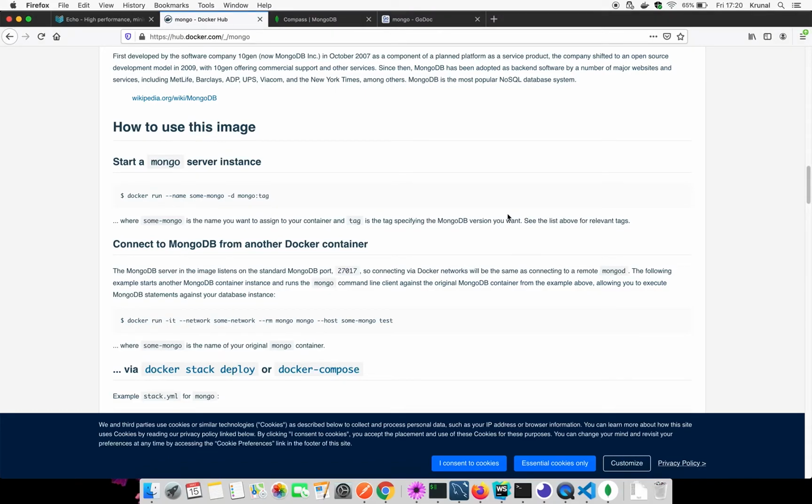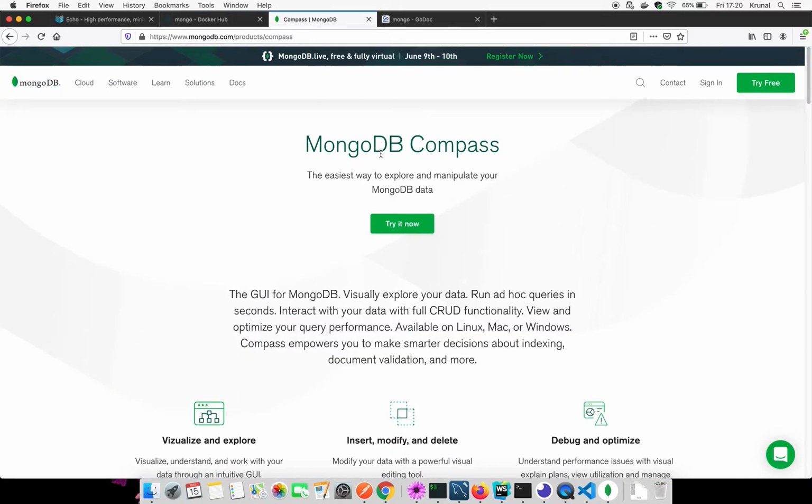Alright, so we're starting with MongoDB from this session. We're going to spend some time learning how the MongoDB driver in Golang works. And before that, we have to set up MongoDB on our system. To do that, we're going to need two things: one is Docker, and another is MongoDB Compass.